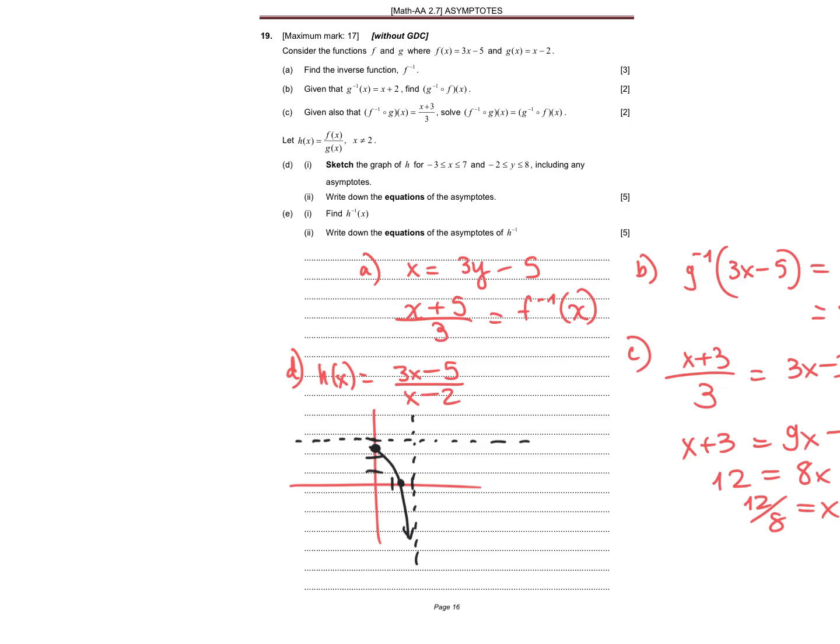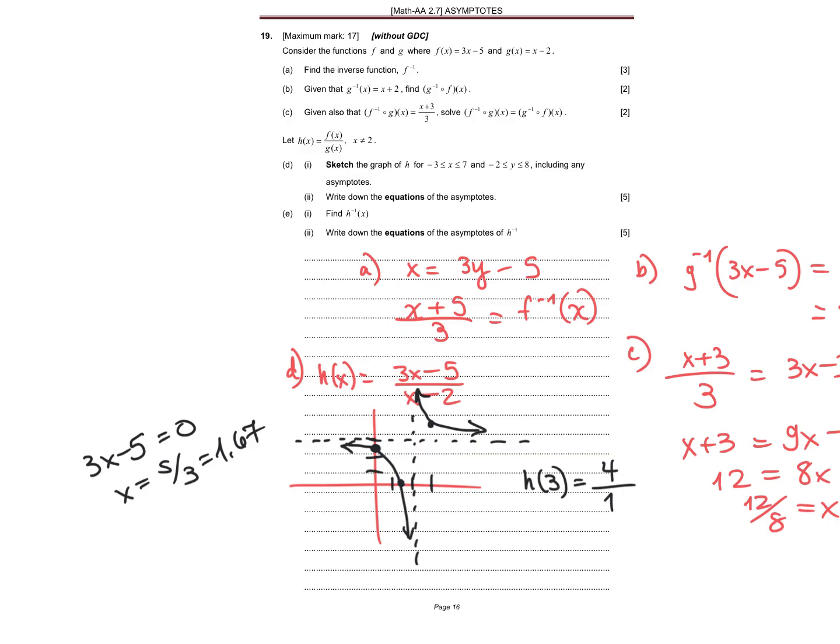Oops. And then you can substitute in 3. Oh, it's h at 3. So that's 9 minus 5 is 4/1. So that's obviously here. Okay. Sorry, 3x minus 5 is 0. So x is 5/3, which is 1.67, not 1.4. I just spoke too quickly. All right, so that's DI,